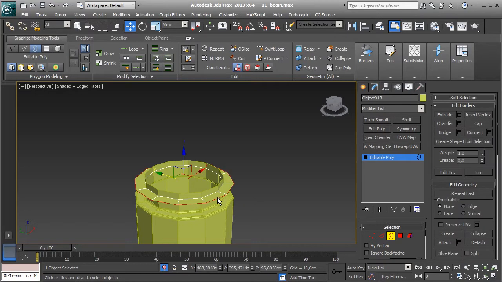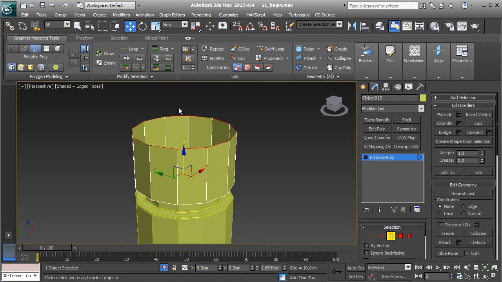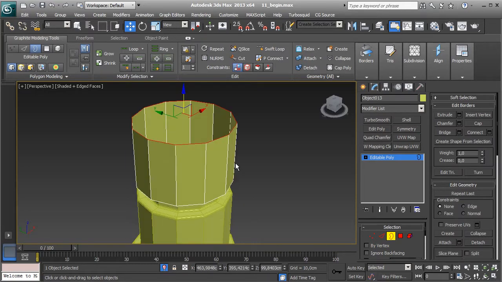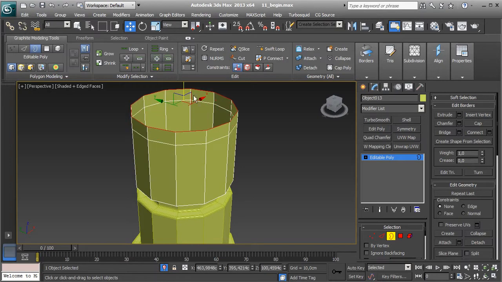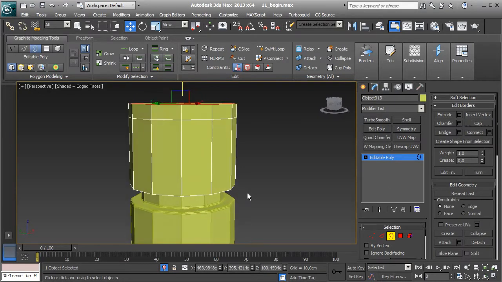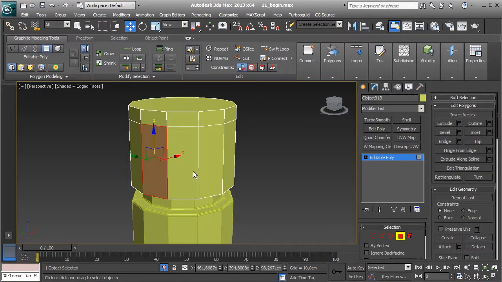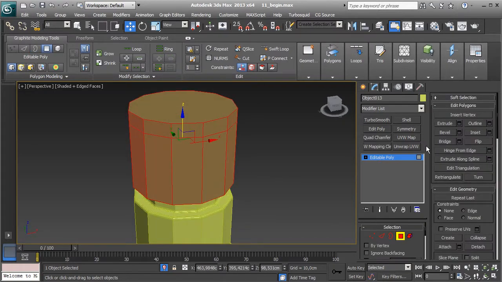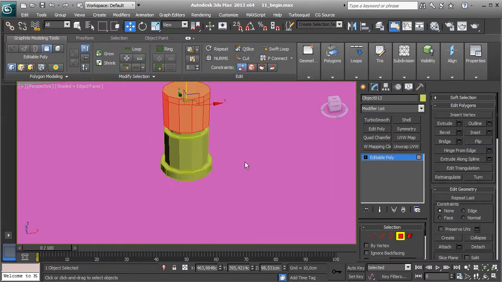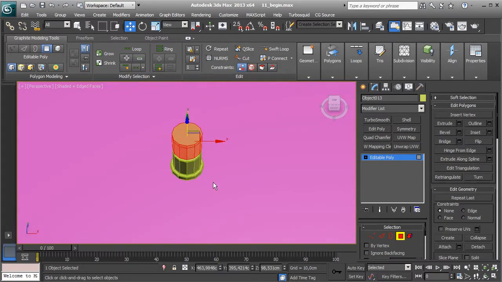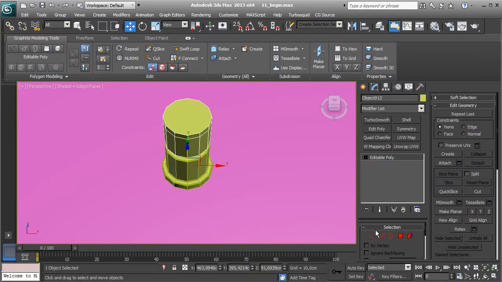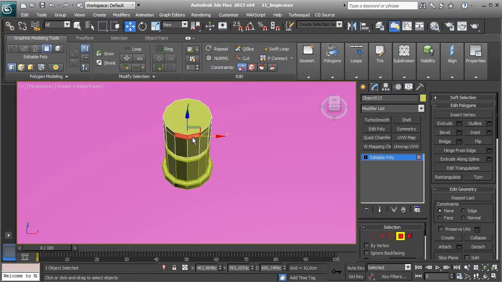Now select border, shift and drag one more time and cap. Okay, and now select all polygons and we need to flip normals. Okay, and now we need to select